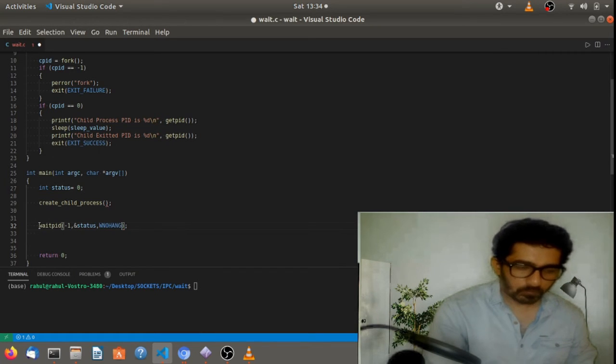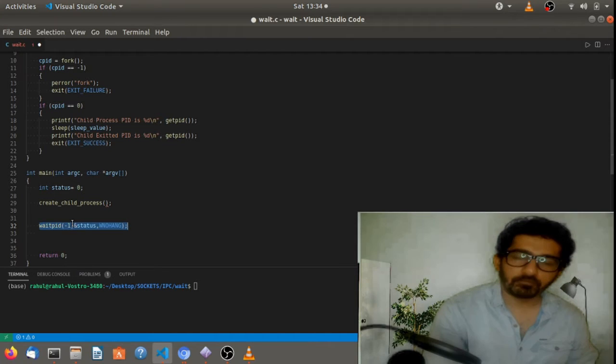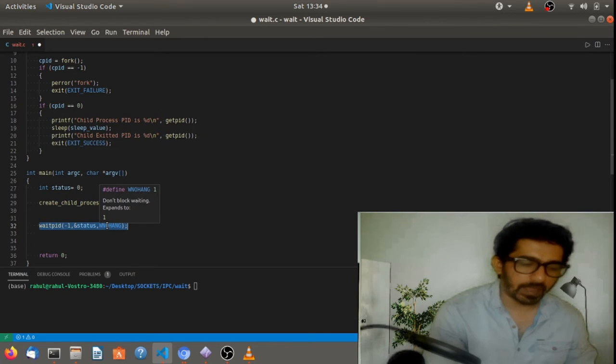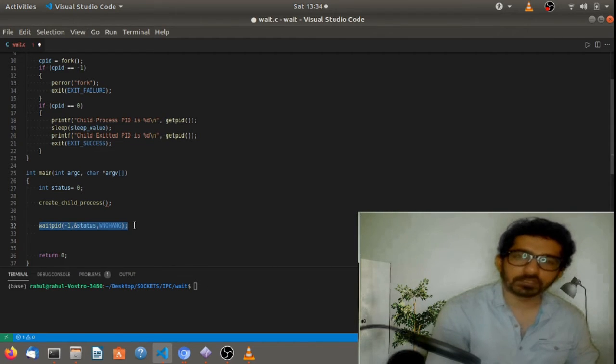So now what about this waitpid? It will actually wait for every child process of this parent process. Okay, so every child process will be monitored. If there is a change of state in any of the child processes that are created from this parent process, it will be monitored, and it should be in a non-blocking fashion. It will just check the state of that process at that particular time, and then it will return. So it's a non-blocking call, right?